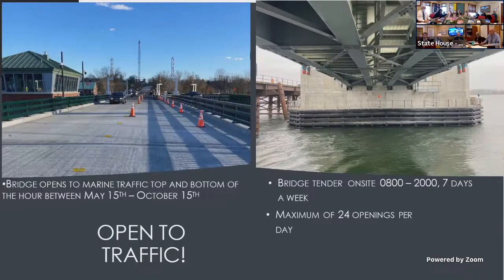So the bridge is opened. It is open to traffic now, the actual bridge itself. There has not been a ribbon cutting or an official opening. It's still under construction. We're just removing a lot of the pilings and everything from the temporary bridge that was put in place. Because of course we need to have a temporary bridge there to make sure that Route 2 is such an important corridor up here. If Route 2 is not open and when the bridge gets stuck and we have to leave it open, it's a significant time frame to go around that, an hour and a half or so. And for emergency purposes, getting to and from healthcare facilities or getting EMS support, that could be fatal. So